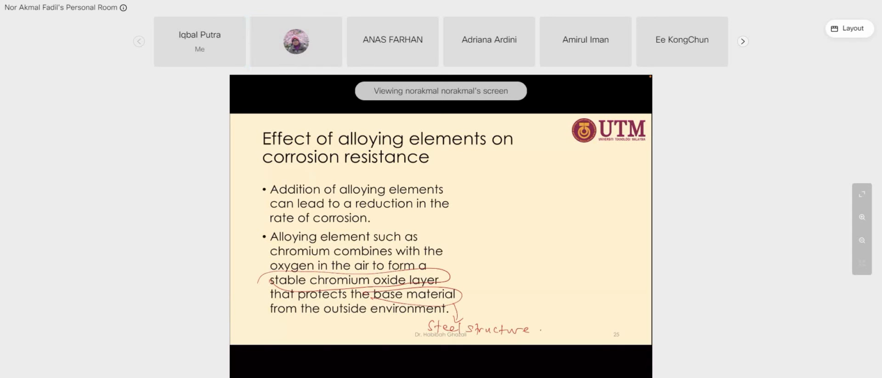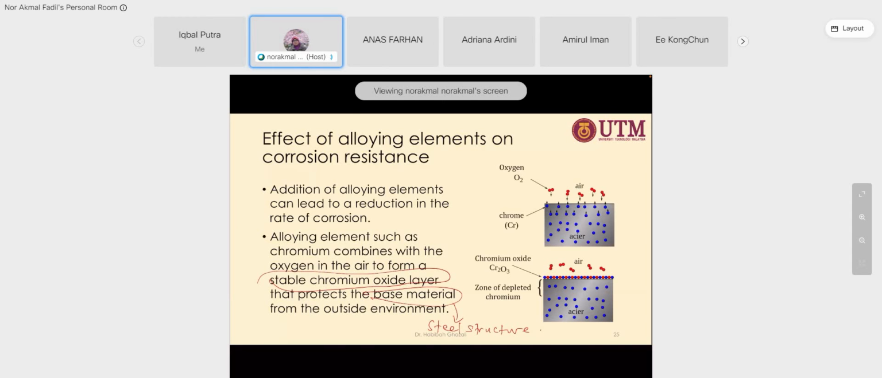Okay, your steel structure is protected by chromium. It is like this, right? You have chromium in your steel. This is your steel, and you put chromium in your alloy. So if your steel is exposed, we call this stainless steel. If your stainless steel is exposed to the air, what happens is it forms chromium oxide. Chromium oxide is just a thin layer, several microns thick, and what you can see from